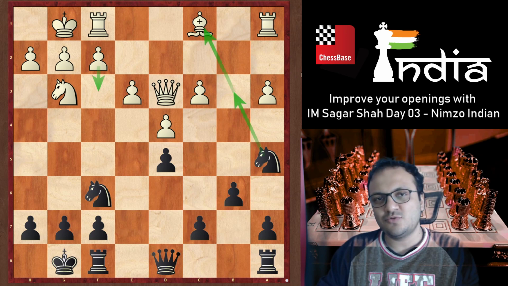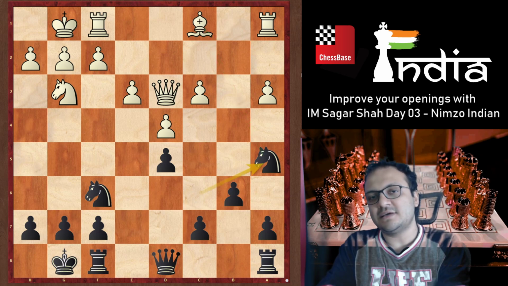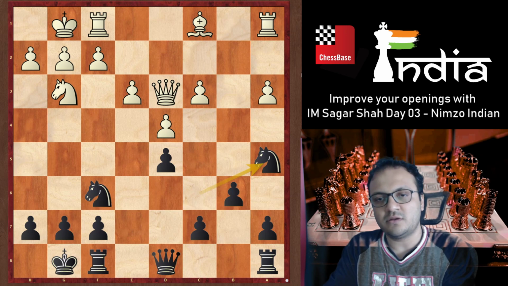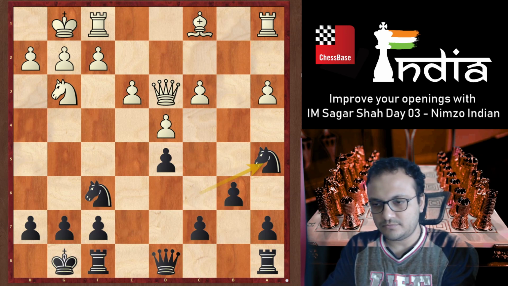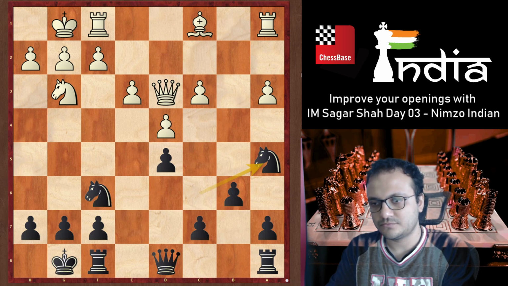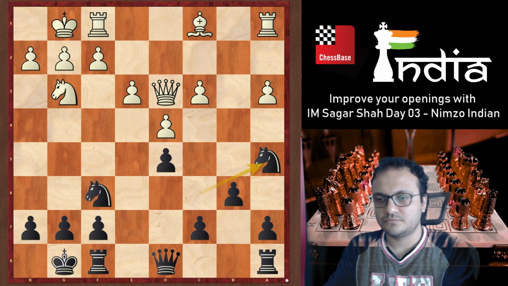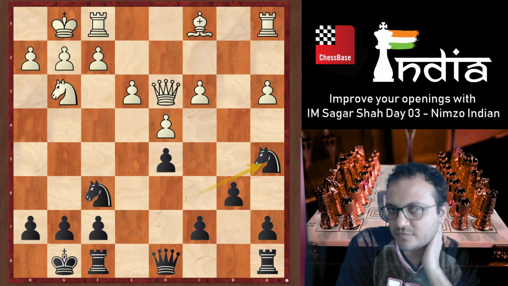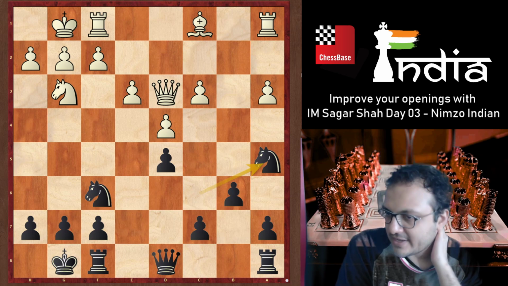Of course, it's nothing to be afraid of, but still, it's something. So white has a nice move here if you think about it. White to move. What do you play?